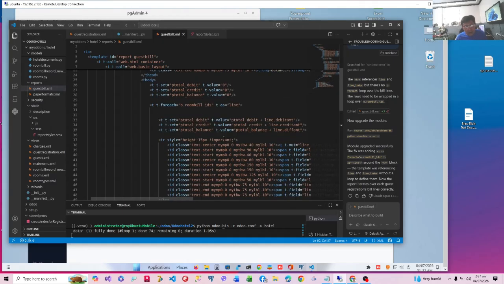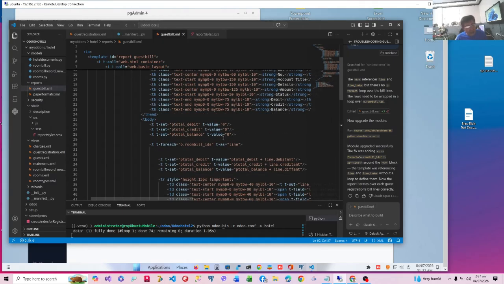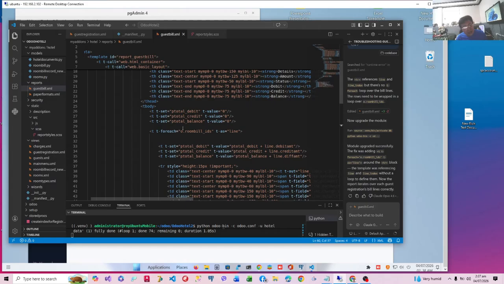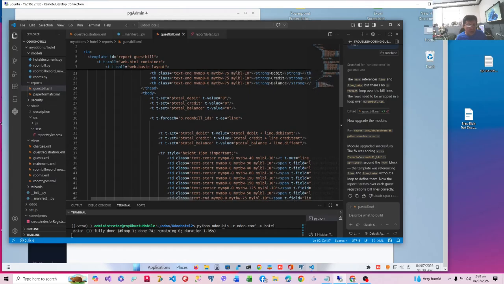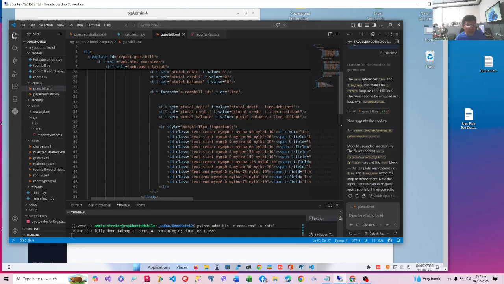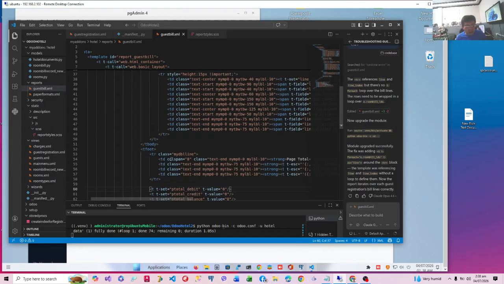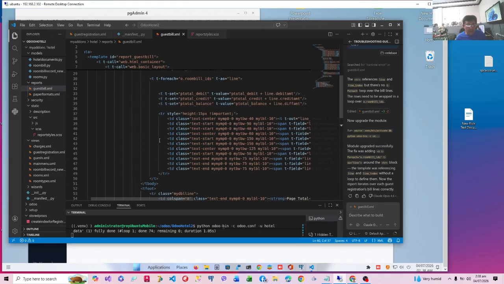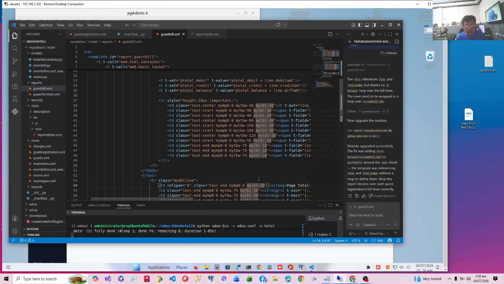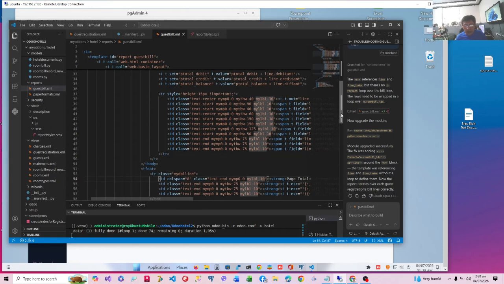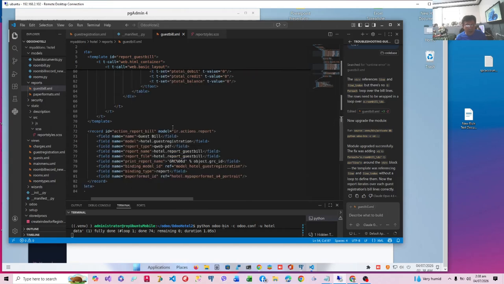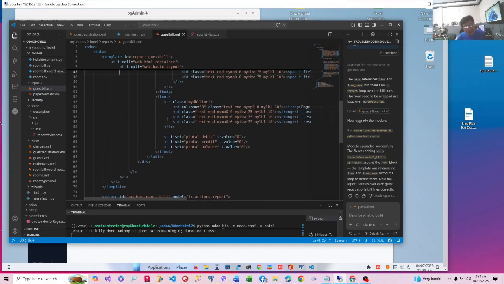I hope you follow, no? That's always a standard, no? It's very logical, no? At the beginning of the body, we initialize them to 0, and then we increment them inside the loop. Now outside the loop is the footer. The loop will only cover the body. The footer is already outside the loop, so outside the loop we are going to initialize them back to 0, so that the next page will have another total. Okay, so how do we get the total?